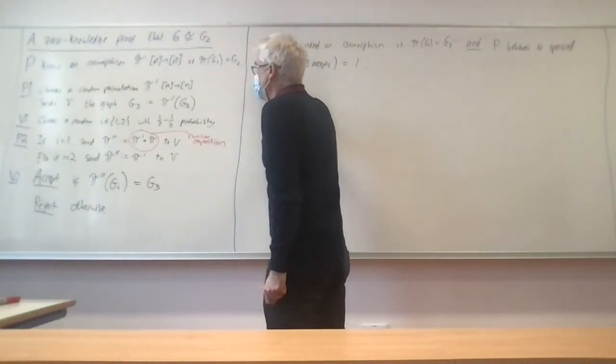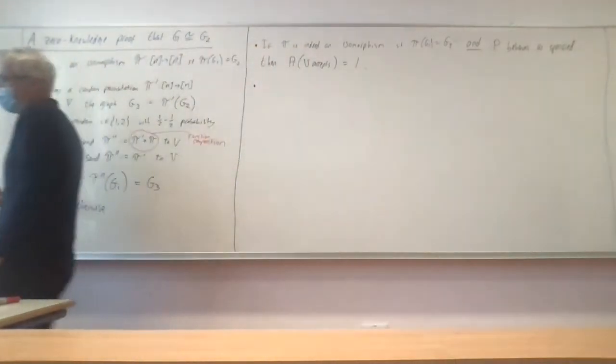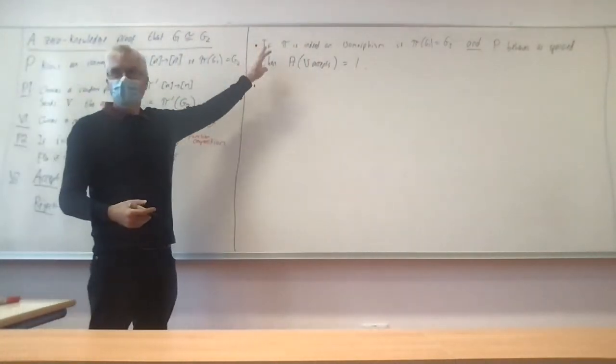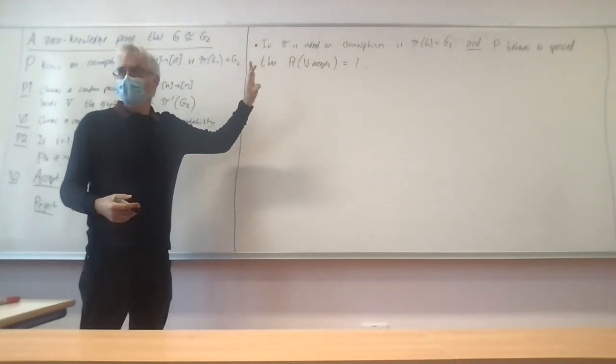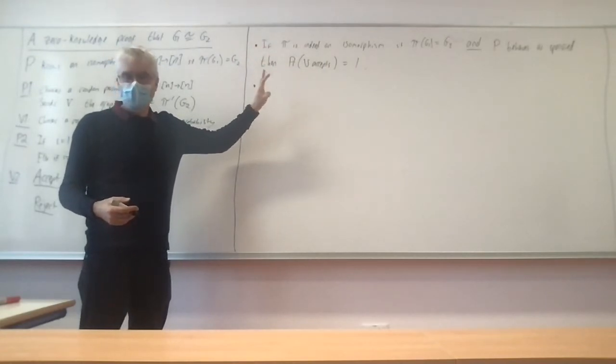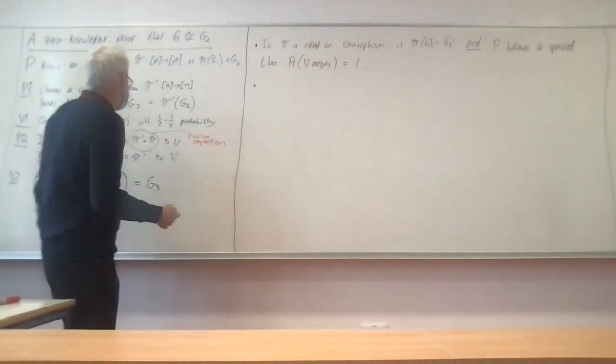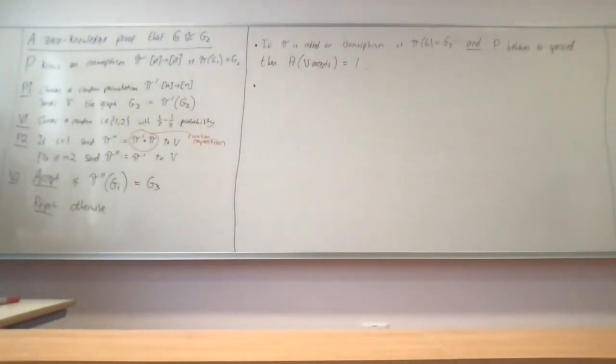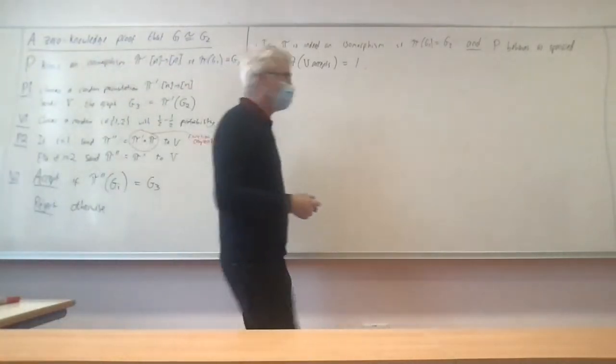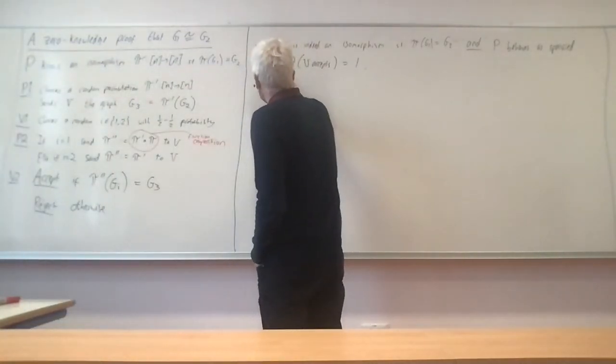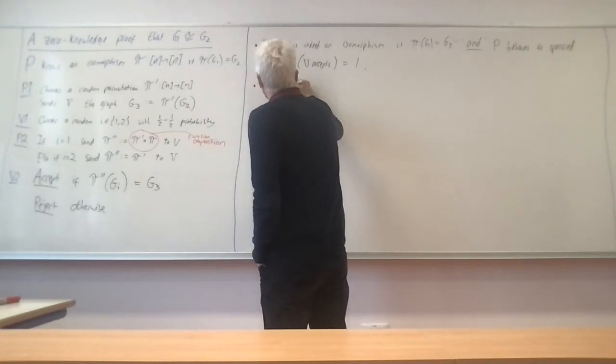So the second case is to check, and again, we had this kind of condition last week. Again, the second case, we're going to have a similar condition to the same one we had last week, which is that the prover cannot fool the verifier into thinking that two graphs are isomorphic if they're not isomorphic, or only with low probability. So for this one, we assume G1 is not isomorphic to G2,